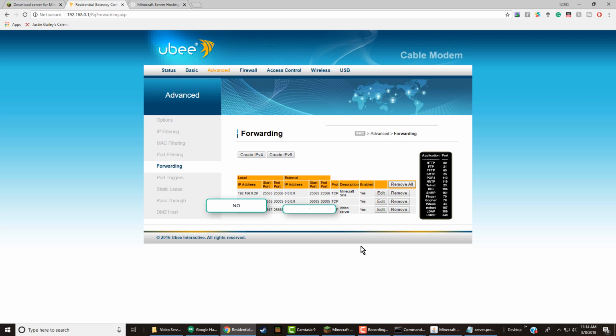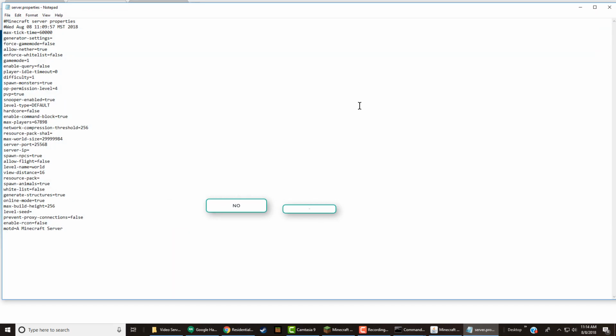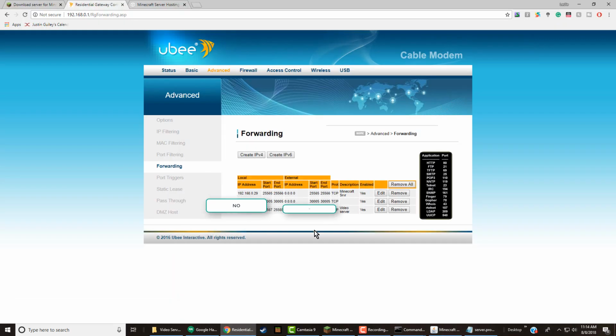But yeah, now you should have just port forwarded, and now the server is accessible with your external IP plus your port. So if I copy up this IP right here and we go back into Minecraft,